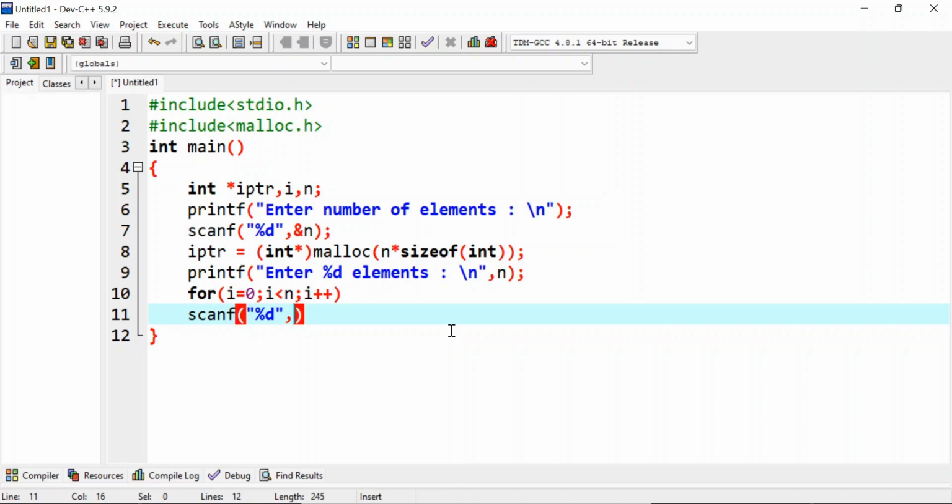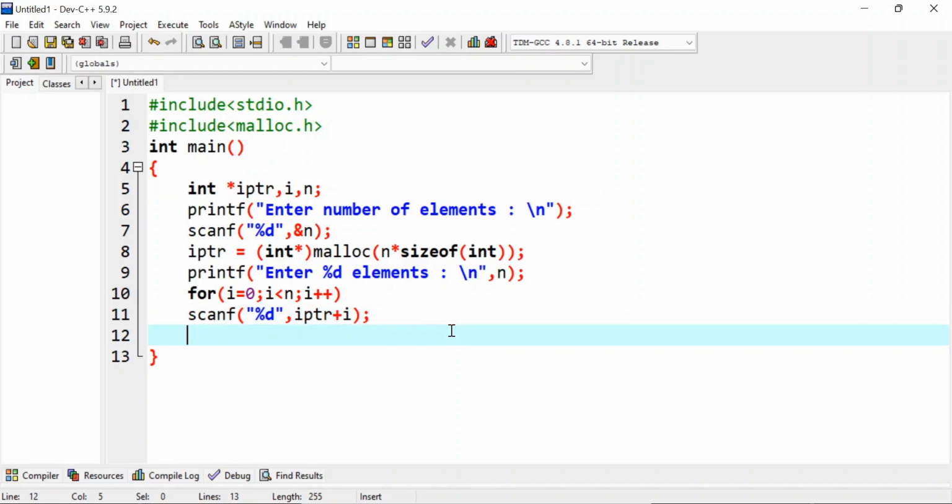So once the memory is allocated, now we are able to store here, so that is iptr plus i, okay. So this is how you can store here,